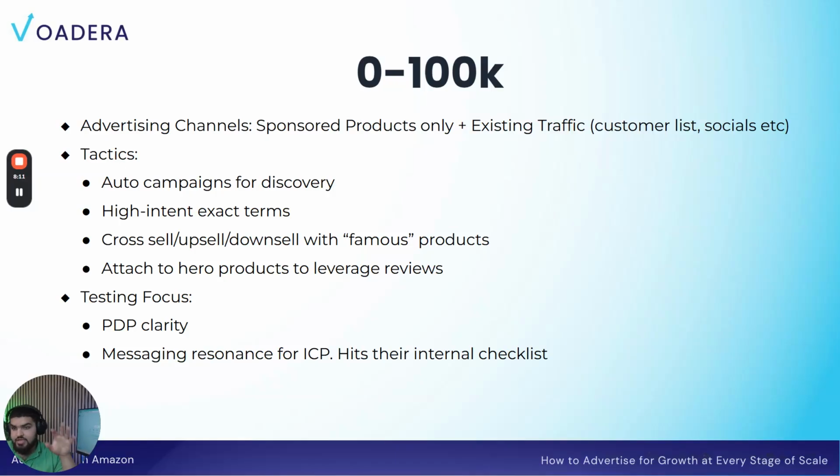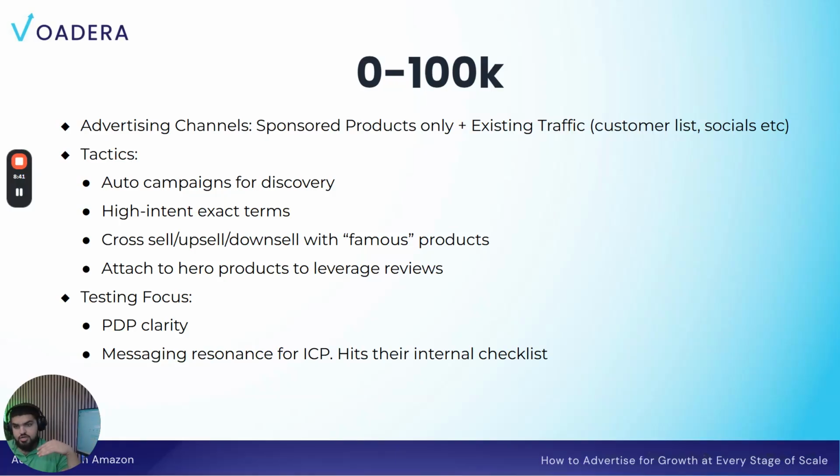But then we're doing the high intent exact terms, right? So the specific keyword that we're tailoring our PDP to, let's say coffee mug for males, or coffee mug for work, or whatever that is. That's what they call long tail, right? Long tail is also a very specific avatar, so it's kind of the same thing. You're going after those long tail keywords because, one, it's cheaper, two, your product is more tailored to it, so it's likelier to convert,